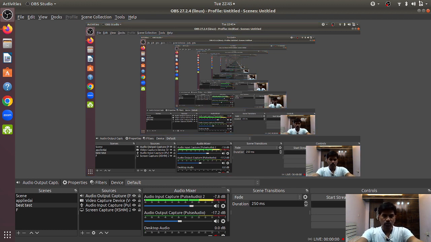Okay, so let's start the recording. First of all, before starting the recording, I would like to first understand what is the setup. Okay, that is the very confusing part.